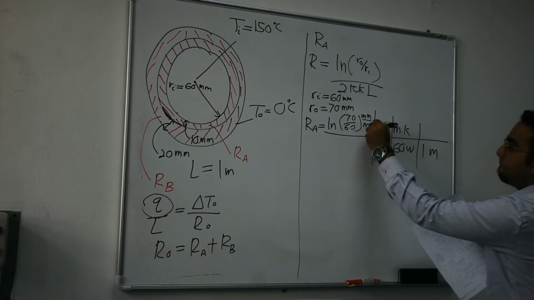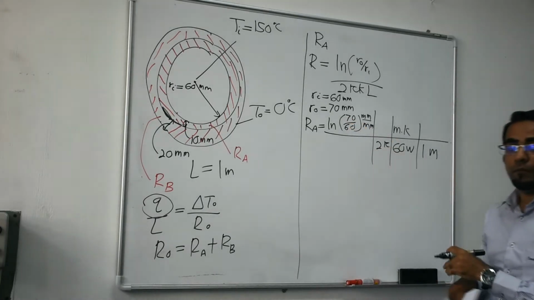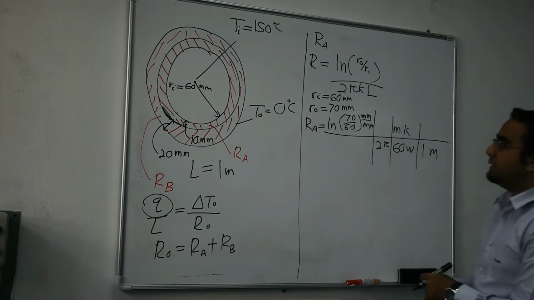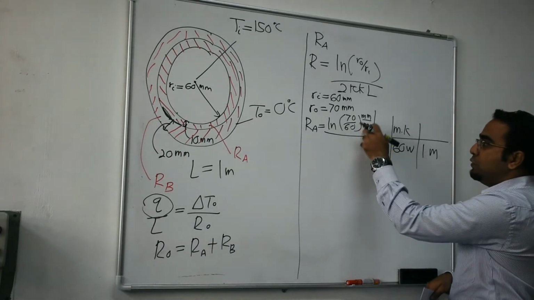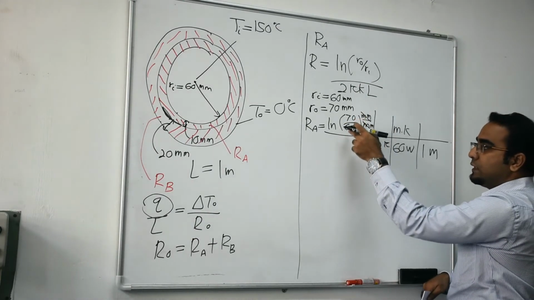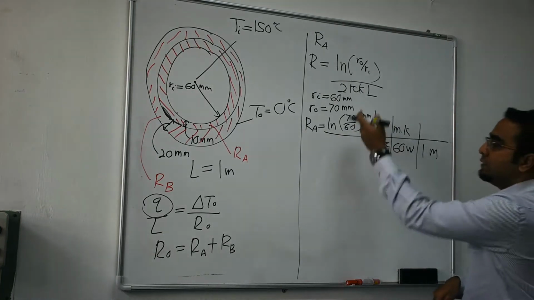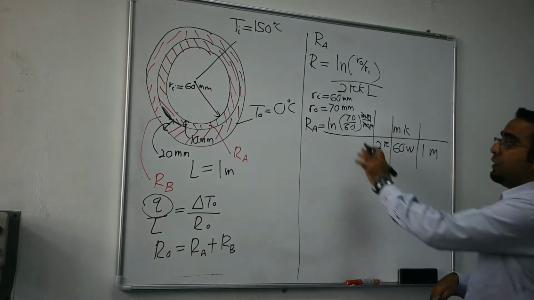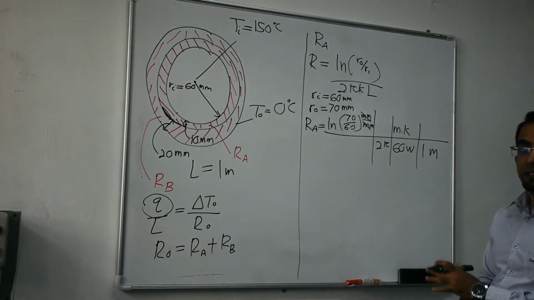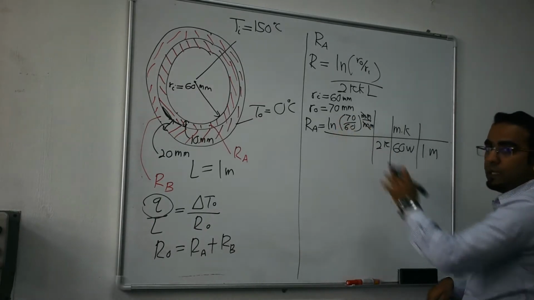So first of all, you see here I'm not changing this unit from mm to meter. So if you want to change it, go ahead. The reason I'm not changing is because both units will cancel out. So even if I change this to meter, this unit will cancel out with this meter unit. So it's up to you. If you feel more comfortable changing all the units, then it's very good. But if you are confident that you will be able to solve it without making any mistake in unit cancellation, then you can just use the units as they were given.